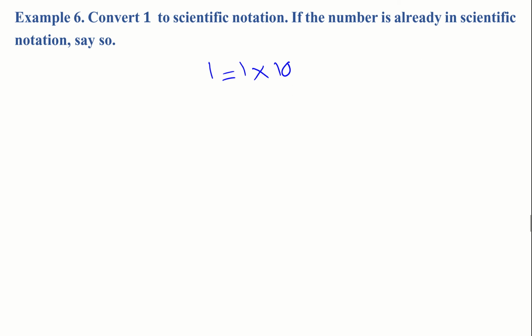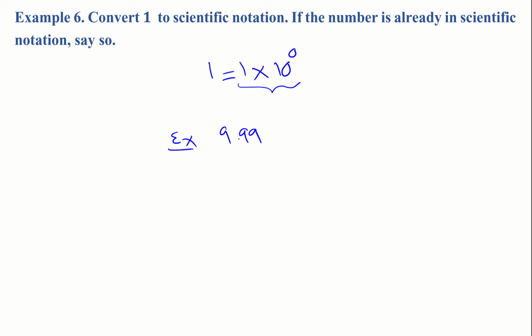And I think you know, right? That would be 10 to the 0. So we just took 1 and we wrote it in scientific notation. Simple as that. Of course, that should give you a clue. You can do that with any number between 1 and up to 10, right? So if I give you, say,